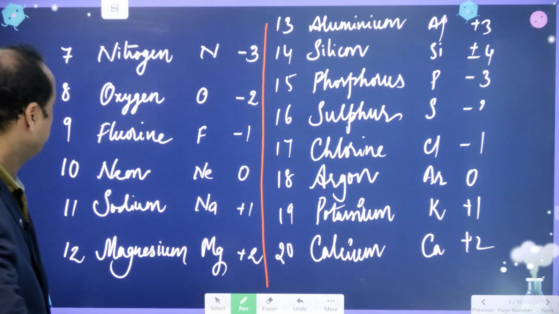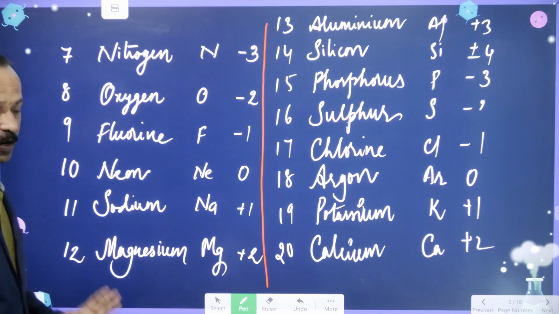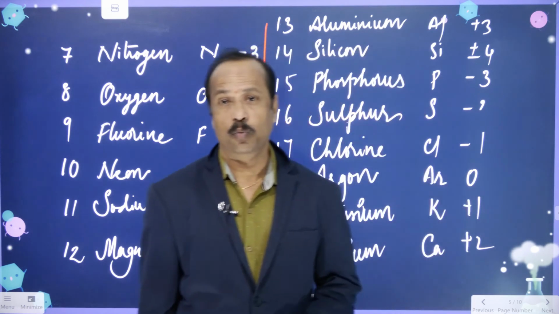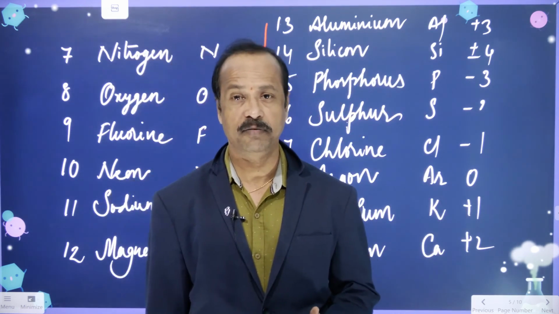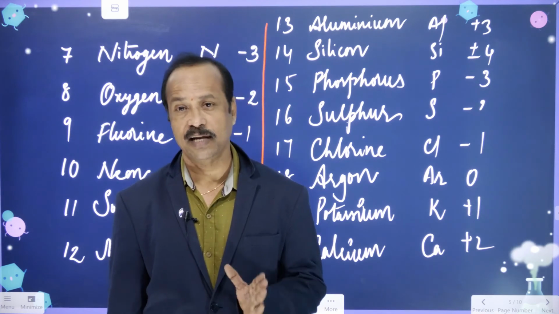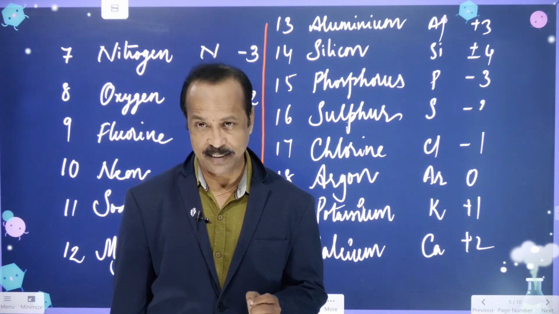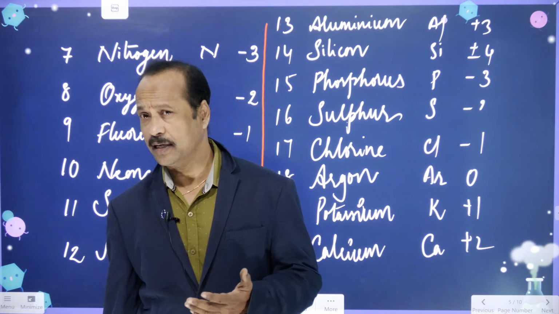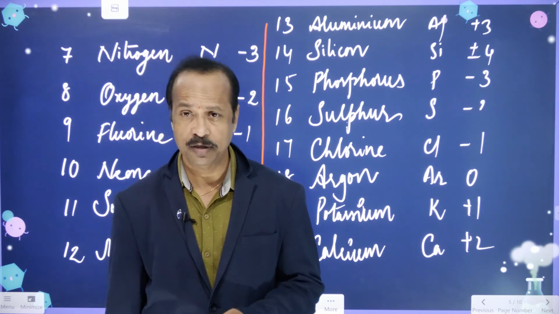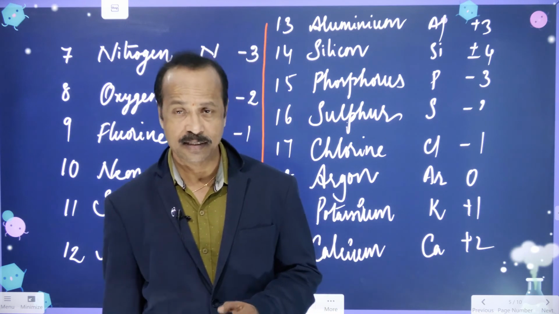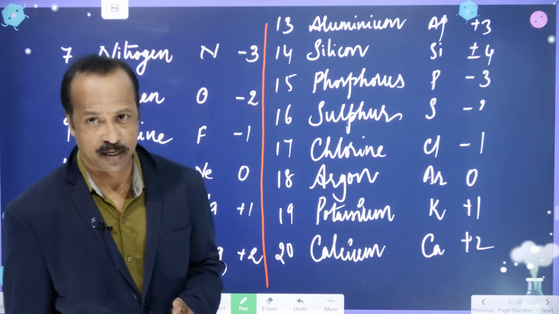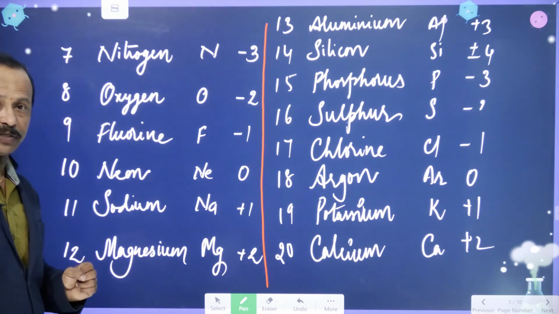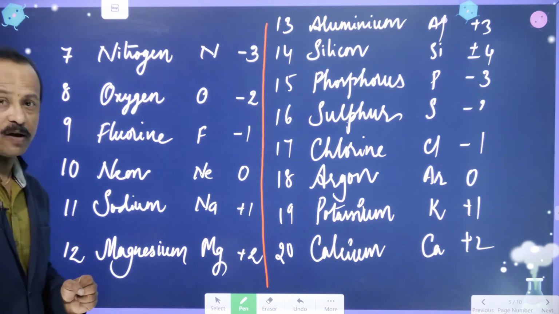So students, you have to remember this in order. If I ask you which element has atomic number 16, immediately you have to say that it is sulfur, its symbol is S and its valence is -2, like this. If I ask you suddenly about sodium, you have to say sodium is 11, its symbol is Na and its valence is +1. So learning these element symbols and valences is very important to write chemical formulas.